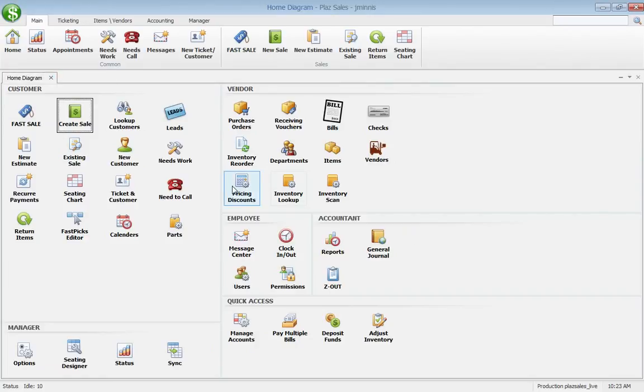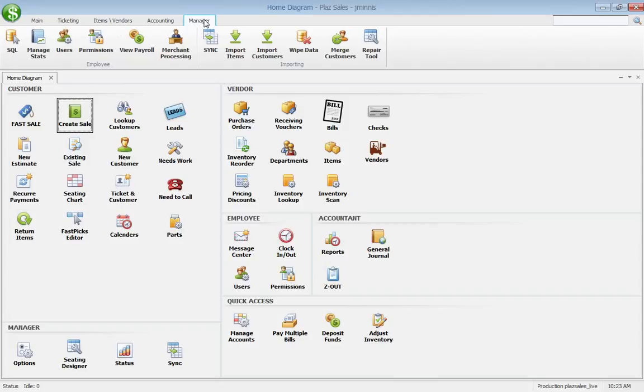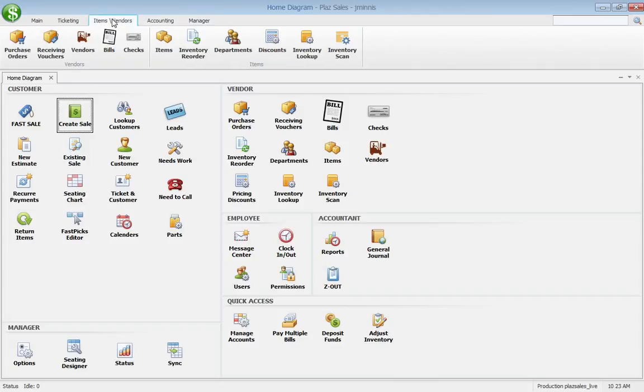I'm going to go ahead and show you a couple more things here so you can see a little bit more about PlazSales and some of the benefits. So we have automatic inventory reordering. In the software, you can automatically order inventory based on the quantities that are currently in stock. And to do that, you can go to the vendors tab up here at the top, and then click the inventory reorder,